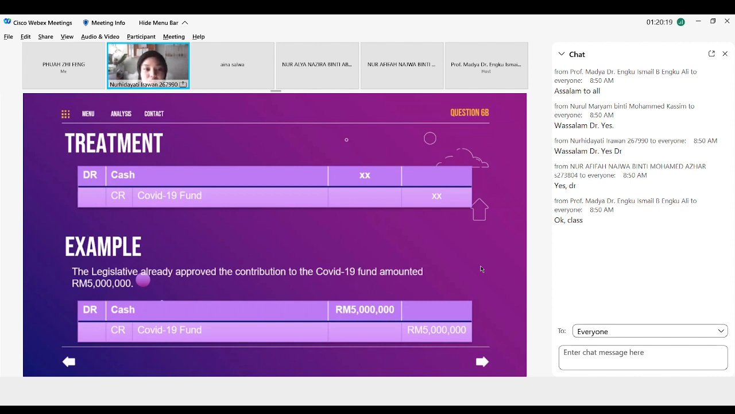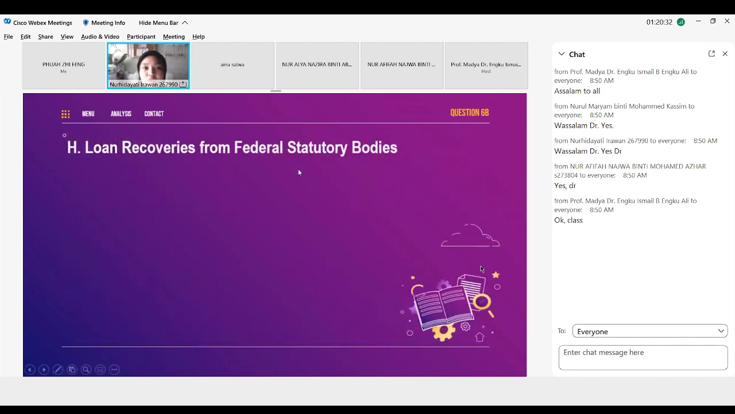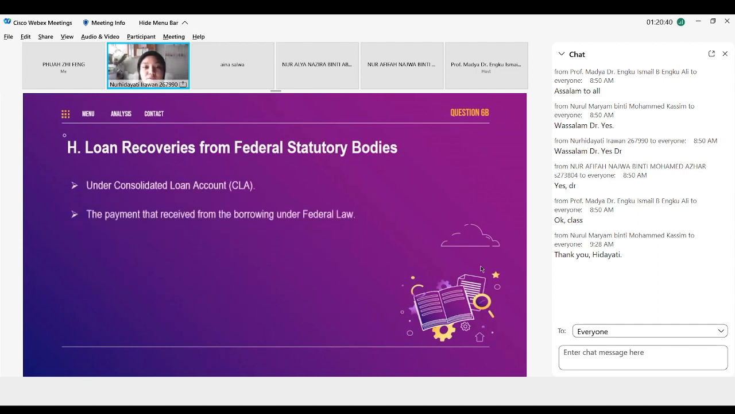And then the example is the legislative. They approve the contribution to COVID-19 amount 5 million, which is debit cash and then credit COVID-19 fund. And for the last question is loan recoveries from federal statutory bodies. It is under the consolidated loan fund, which is CLA, and then the payment that received from the borrowing is